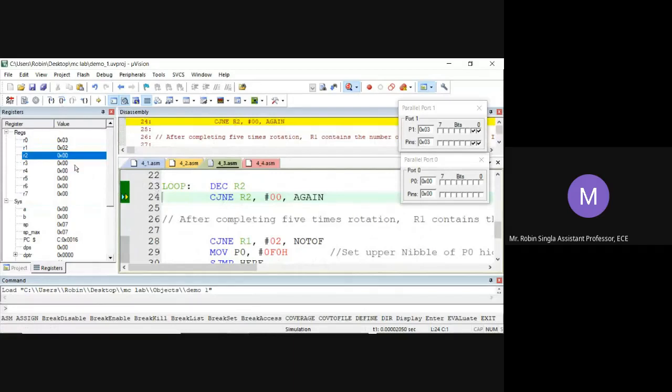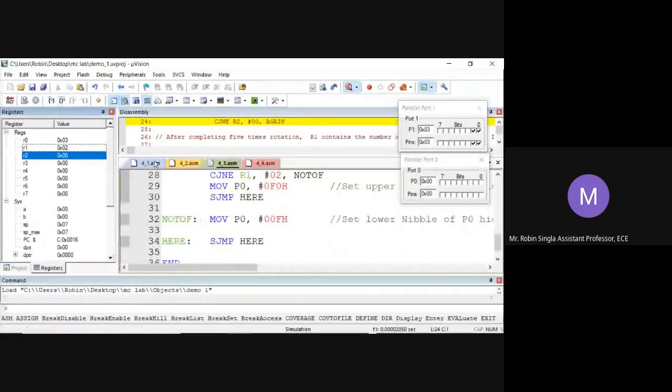Okay, now I have run this loop 5 times. After running 5 times, we have checked the 5 least significant bits. What is R1 now? R1 is 2, which means only 2 bits are high. So next it will check whether R1 is 02.